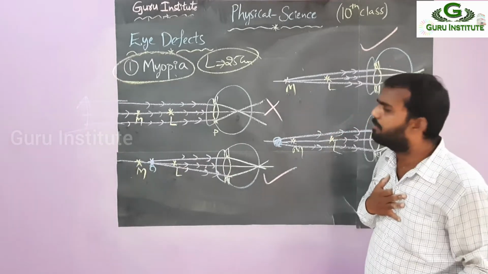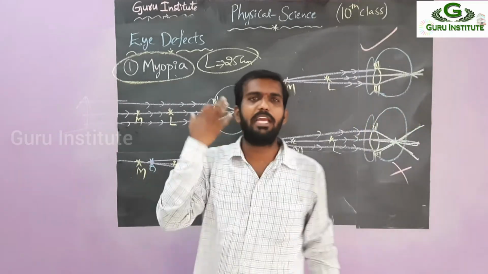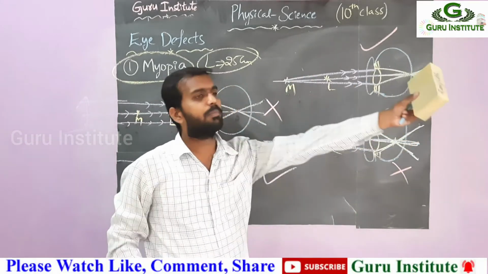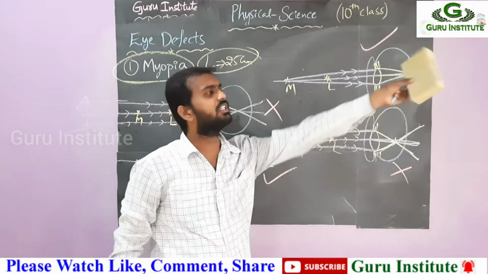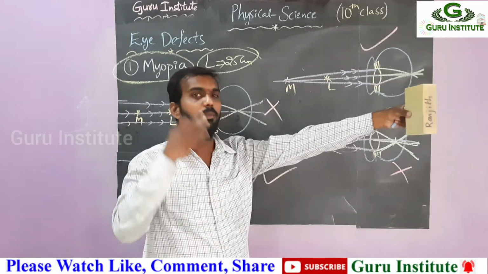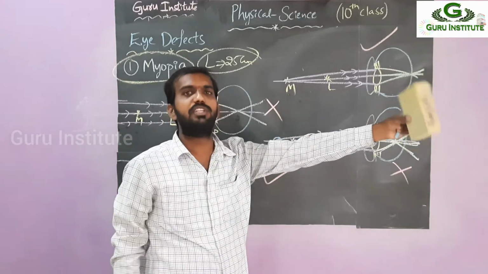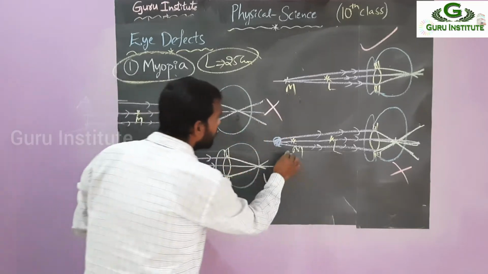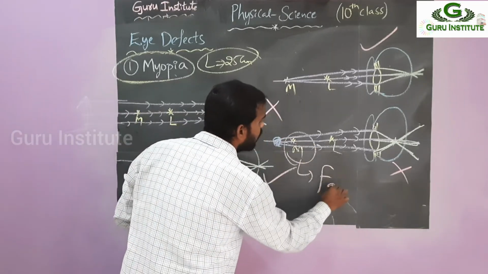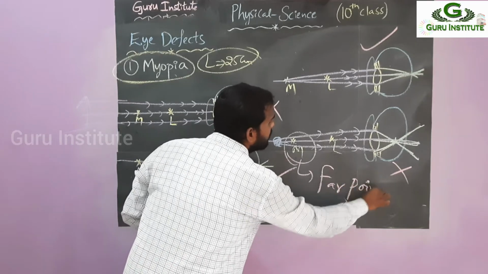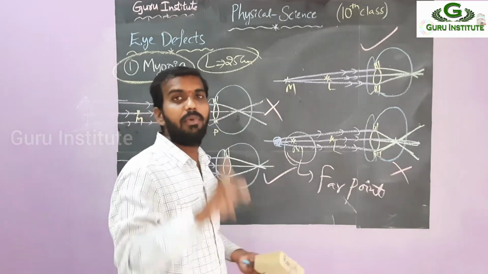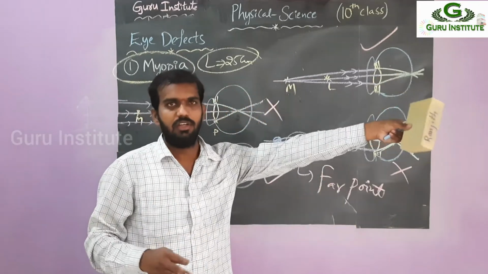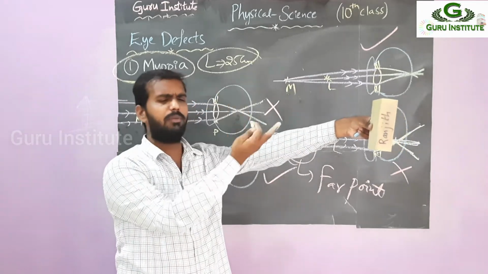Suppose I am a person suffering with the myopia defect. My L point is here, and suppose my M point is here. After this, I can't see, right? So this is the maximum point for my vision. That's why the point is called the far point. M point is also called the far point, that means a distance point. After this, that is the maximum point of vision for the myopia defect. Let us assume I am the defective person. Then I can't see after this one. Here my L point is there. L is always 25 cm for all persons, right?